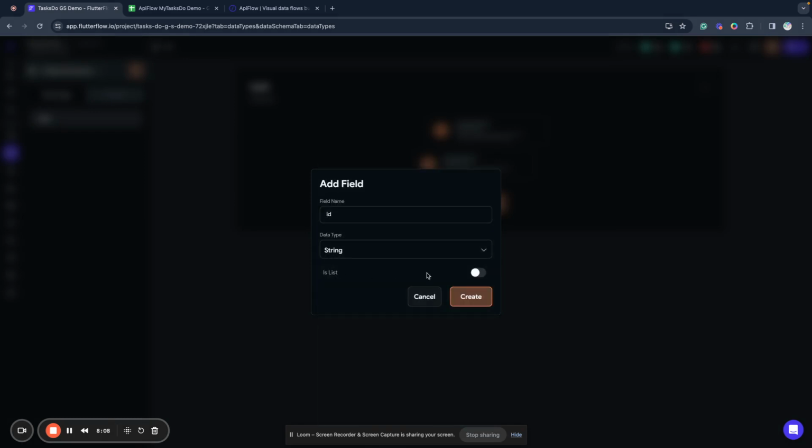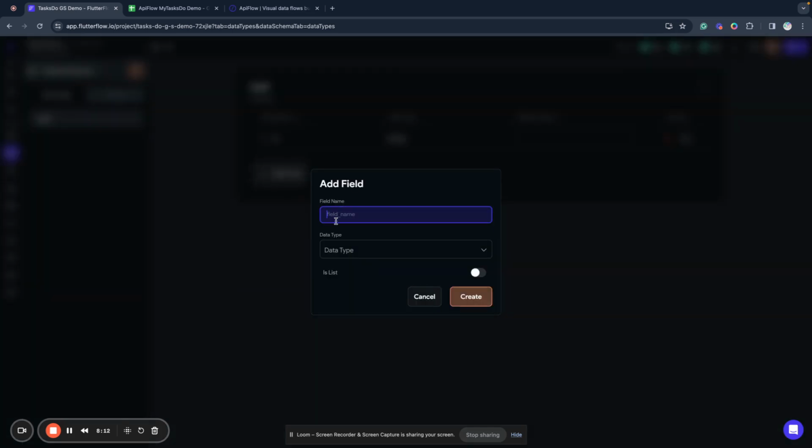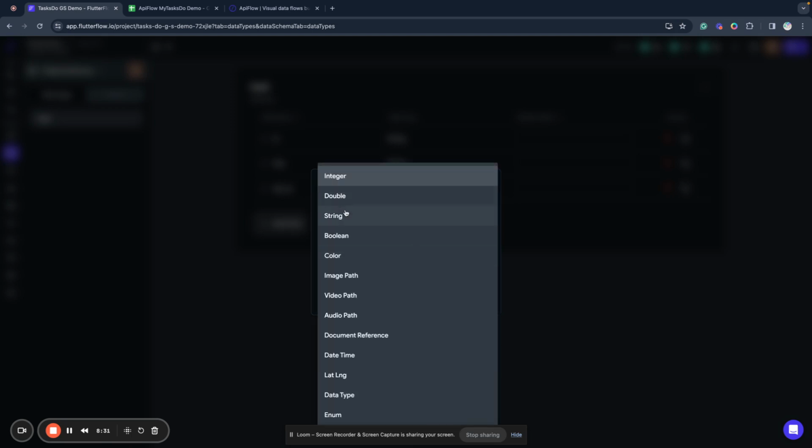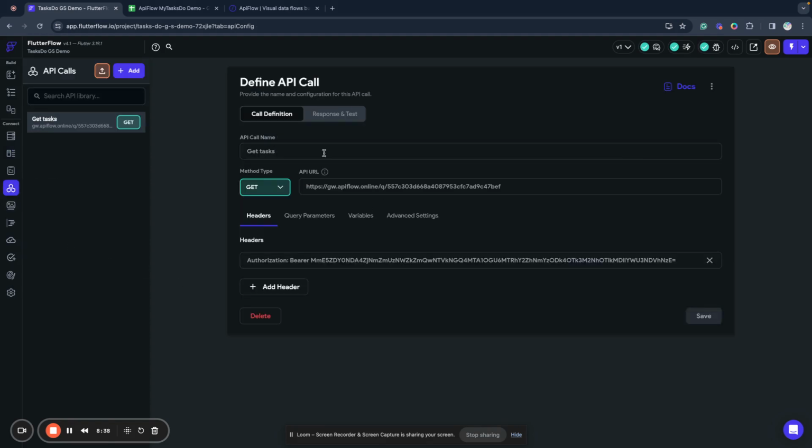I will use string anyway. We will use title. We'll use due at. I use text for now because it's only to view data. And we will use status. So we created our data type, and now we will return here and we'll say that